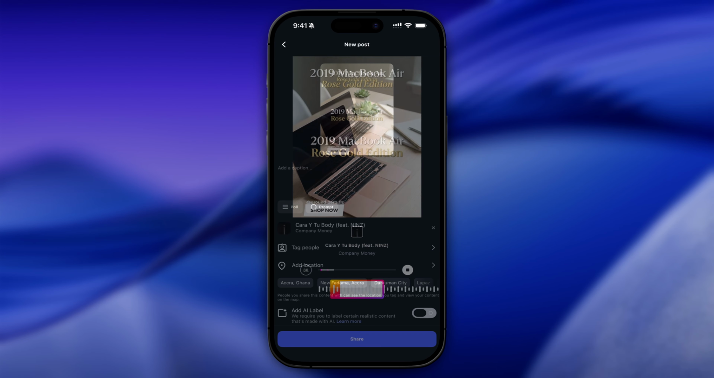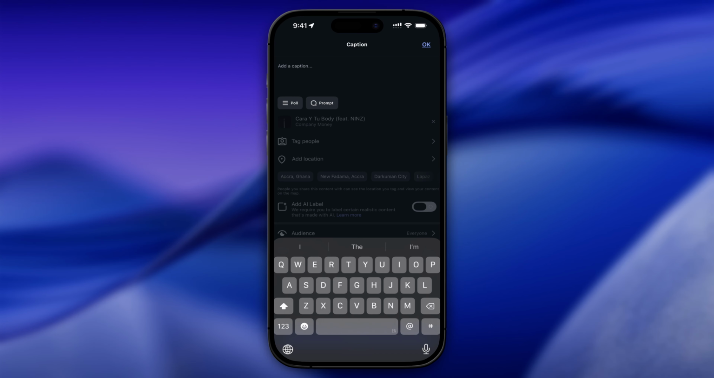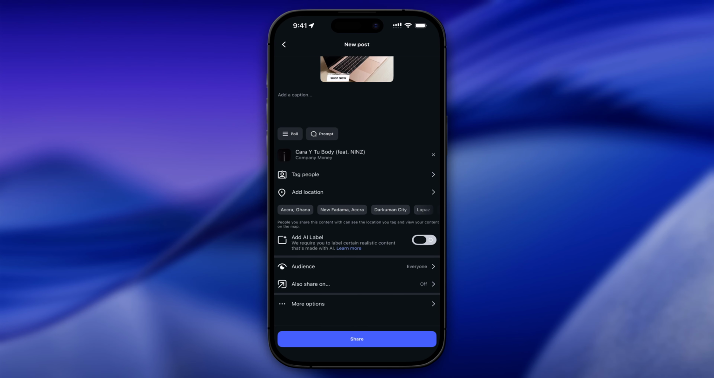And then you're going to click done. Now you're going to go ahead and fill up the post details, and you're going to click share once you're done. And just like that, you should be able to add music to your post on